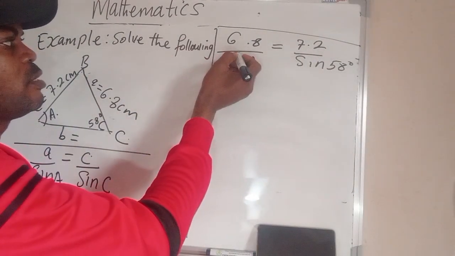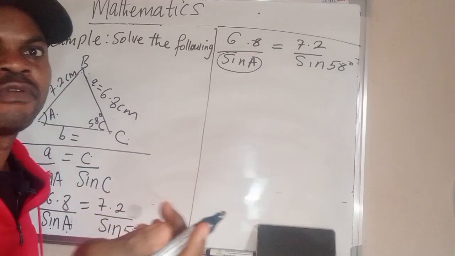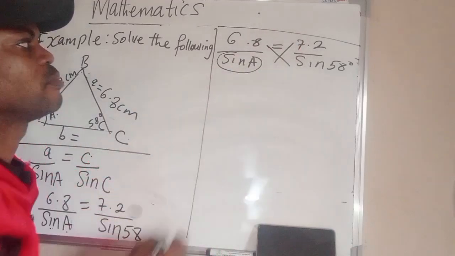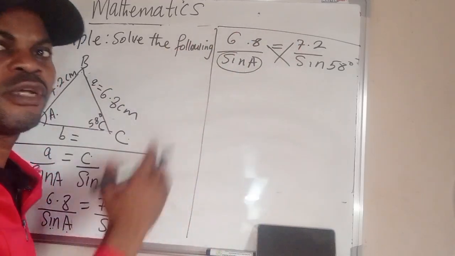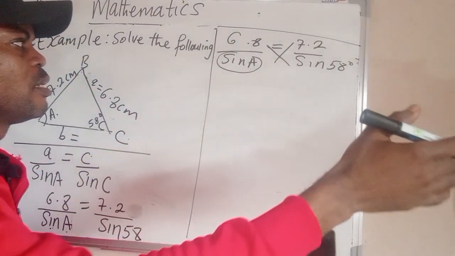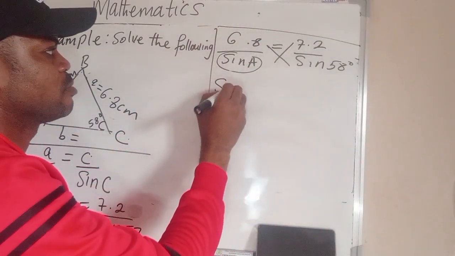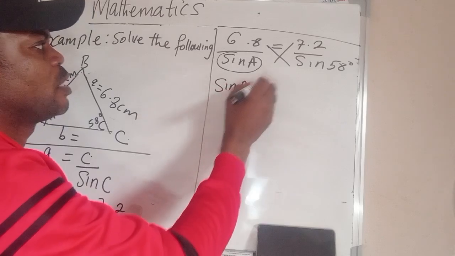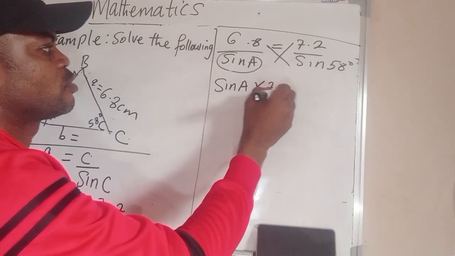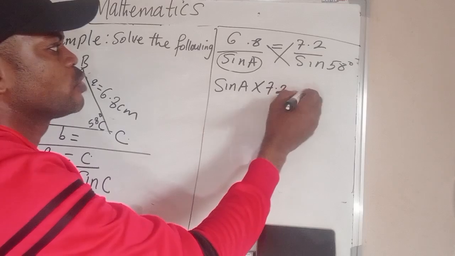I have to make this the subject of formula. How do I make a subject of formula? I cross multiply. If I have something on my left being equated to something on my right, I have to cross multiply. So this times this, which is sine A times 7.2 equal to